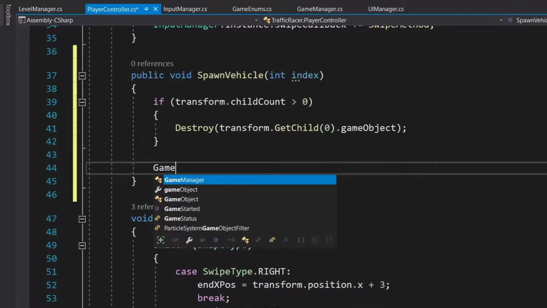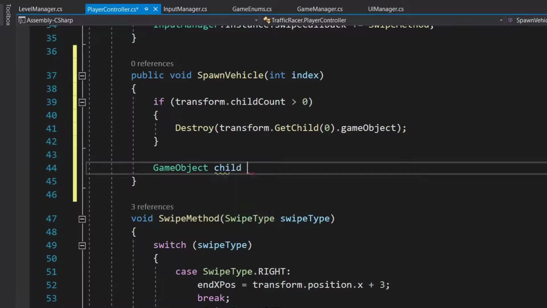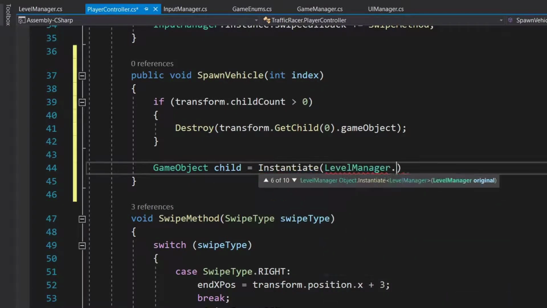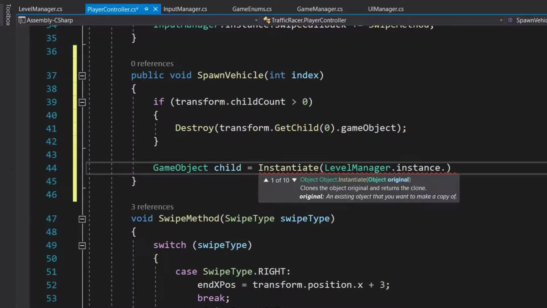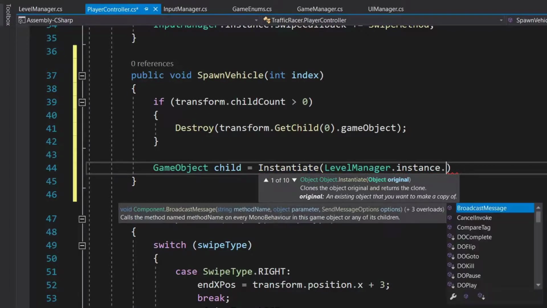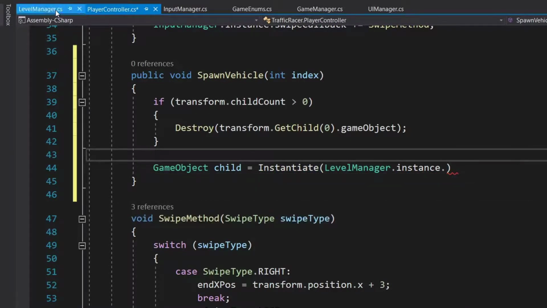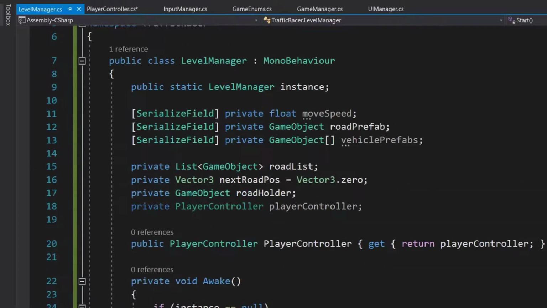So game object child is equal to instantiate level manager dot instance dot, and we need reference to our level manager vehicle prefab array as well. So let's go to our level manager. So now we want the reference to our vehicle prefab array.